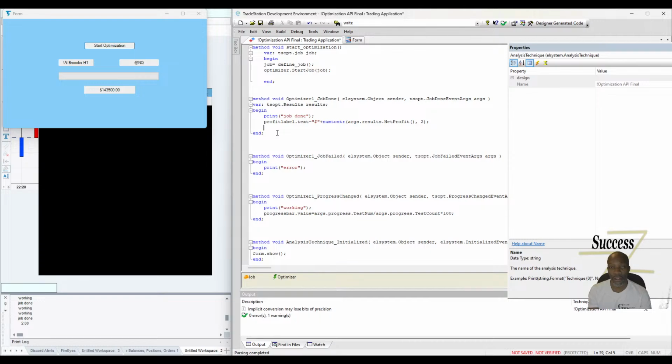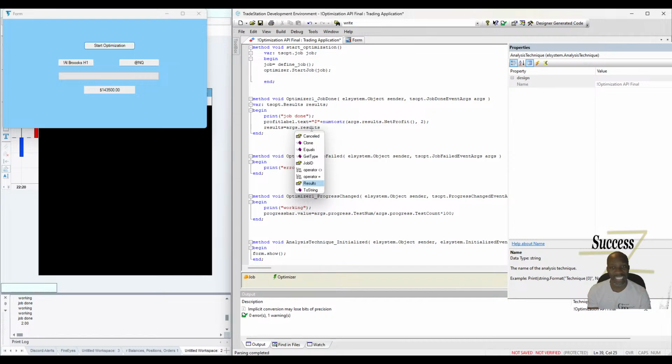When the job is done, results equals, now what is that results object going to be? That results object is going to hold information from the argument that got us to job done. So args.results,